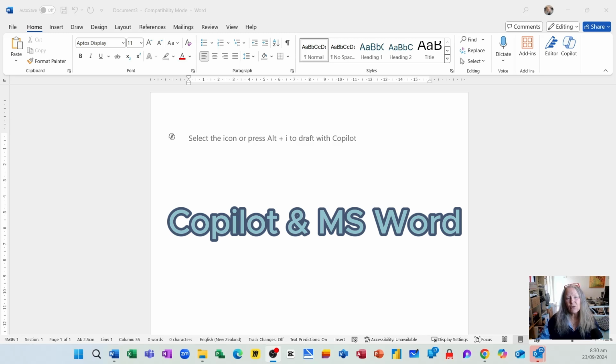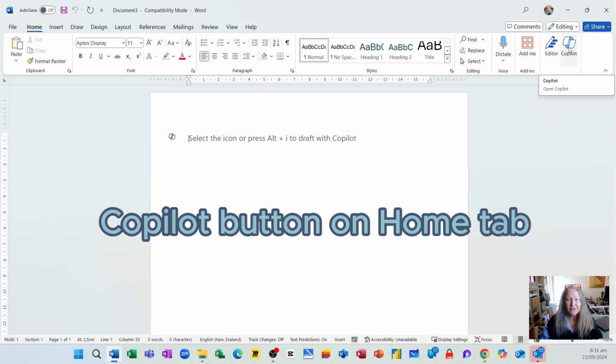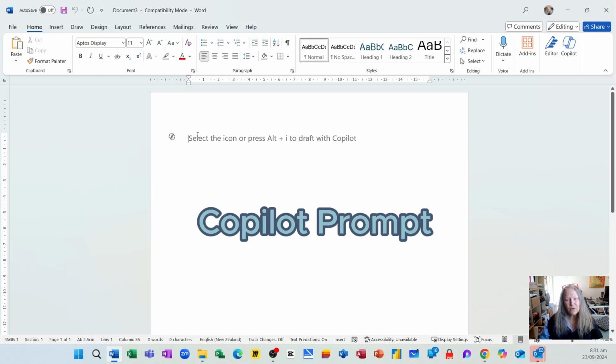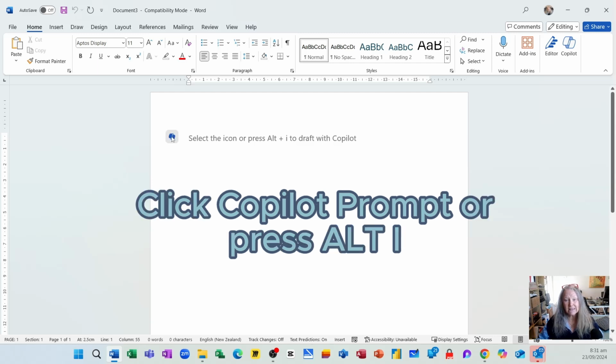Now, if you've got Copilot for Microsoft 365, you'll find on the Home tab to the right hand side that you've got a button here called Copilot. You'll also see that you've got this prompt sitting here whenever you open up a blank document. So how does Copilot work? You can either click this button here, or you can press Alt-I and then start drafting a question or a